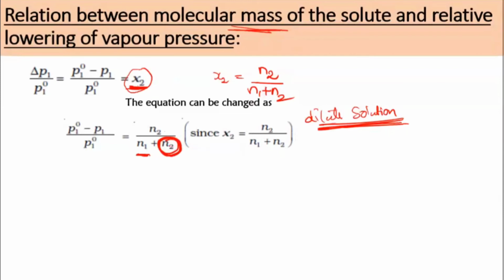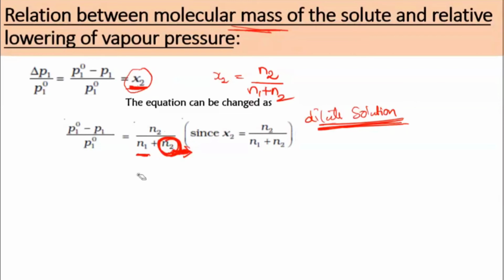If you keep N2 in the denominator and do the calculation, you don't get much difference, because the number of moles is very small. If you want, you can take one problem and work it out, then you will be able to see the difference. Much difference doesn't come, so that's the reason why we ignore this. When it is not making much difference, why take it? It will only increase your calculation, so we reduce the calculation like that. So this value is ignored.